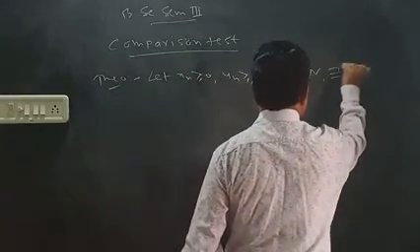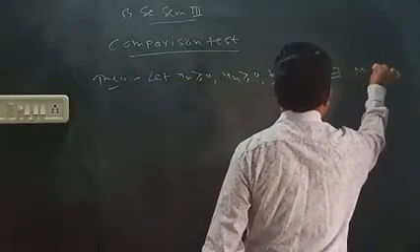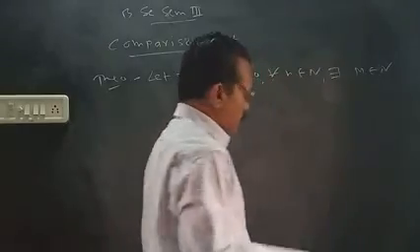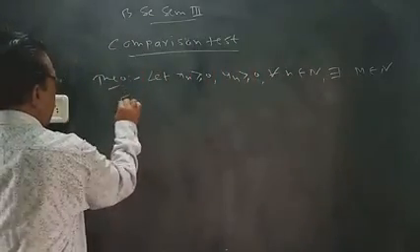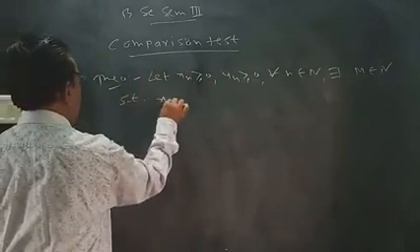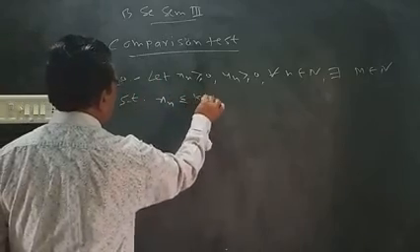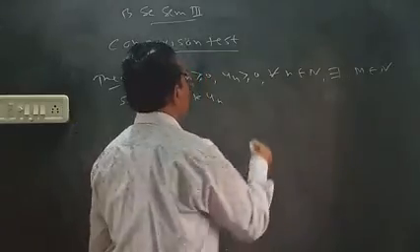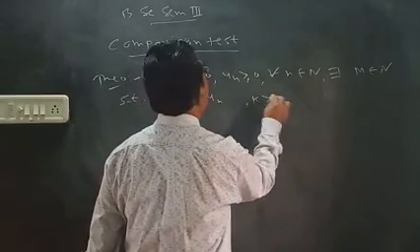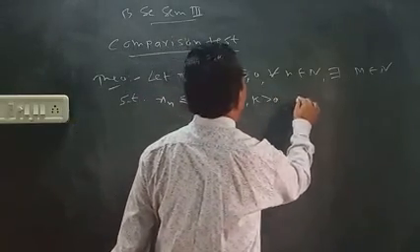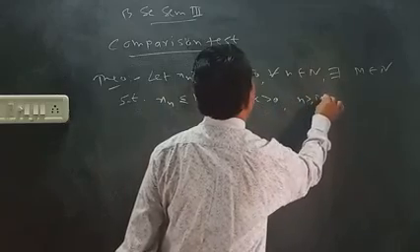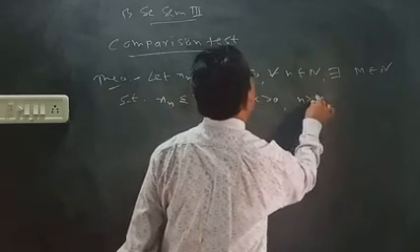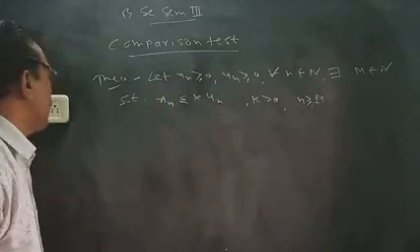Then there exists an m, also a natural number, such that xn is less than k times yn, where k is some positive constant, and this n must be greater than this m. Select m. Then